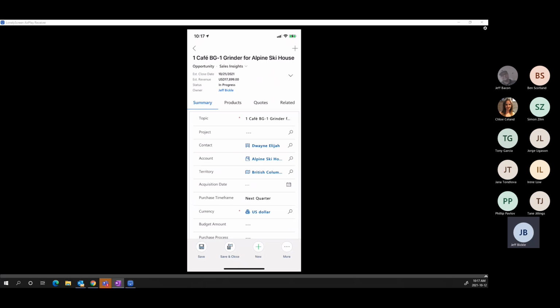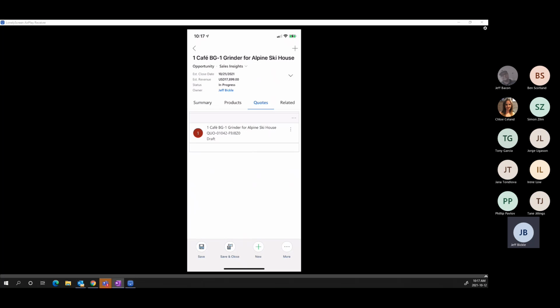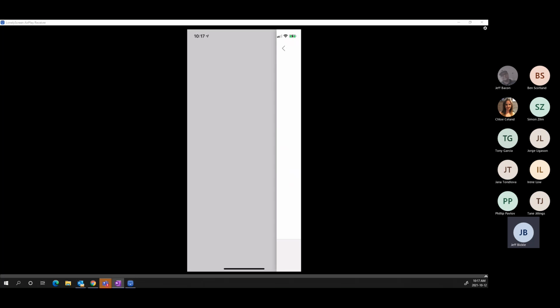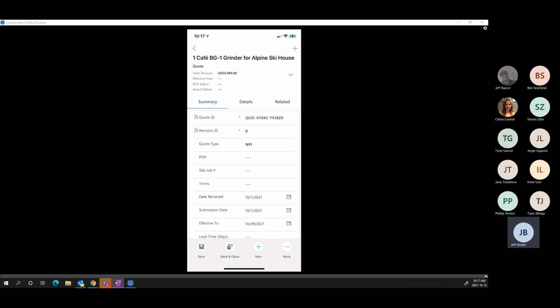So from here, guys, what we want to do is actually generate a quote and send that quote to the customer, and then we will activate that quote and create an order and send that order into Business Central. So from within the opportunity, I can click on quotes. I've already spun a quote up, but what I can do is actually click into that quote and view that